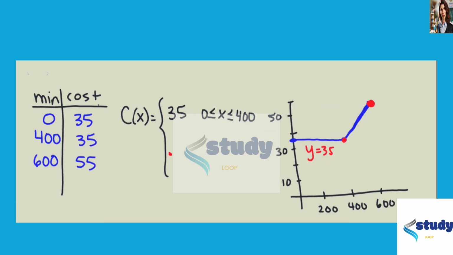All right, so that's what we're graphing in the other piece. So that can go in here, 0.1. And if you would prefer to write 0.1 as 1/10, that's okay. 0.1x minus 5. And the domain for that piece was greater than 400 minutes and less than or equal to, well, for what we're drawing, just less than or equal to 600. But who knows, maybe it goes further than that in real life. Okay,